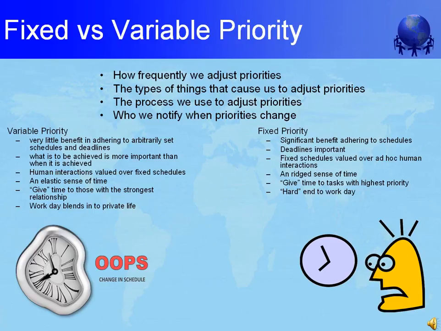When cultures valuing fixed priority and cultures valuing variable priority attempt to work together, the likelihood that trust will be lost is very high. Feelings of disrespect and confusion about levels of interest and levels of dedication often arise during planning, scheduling, execution, and monitoring activities. In our workshops, we will go into more detail about why this often occurs and what can be done to prevent this loss of trust.